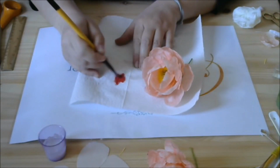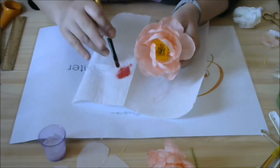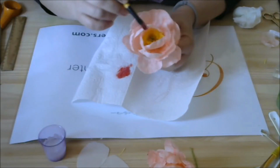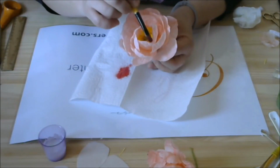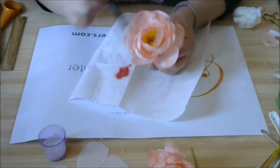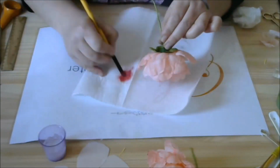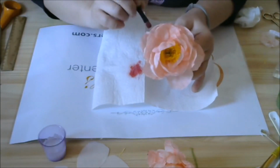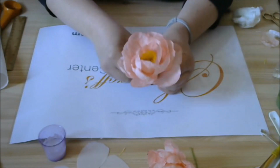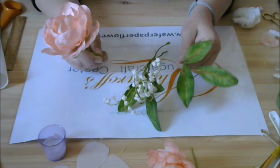Okay, mix. Apply to your brush and you just start to add accents and catch the edges of your flower. And this is how you make a peony, one of a million types of peony, out of wafer paper. So you can use this peony with some extra stuff as peony foliage,